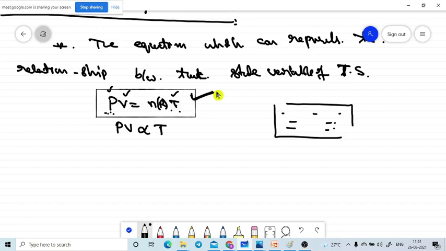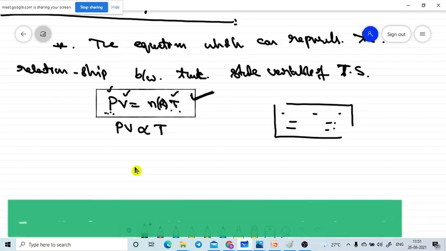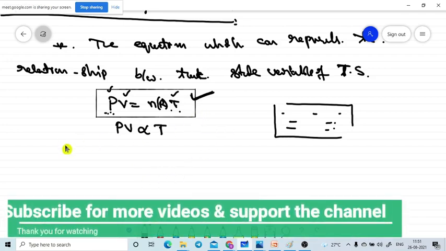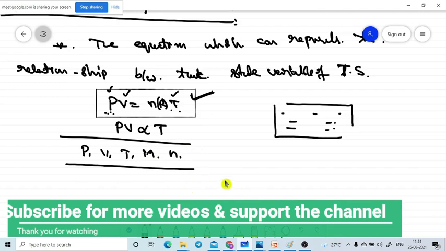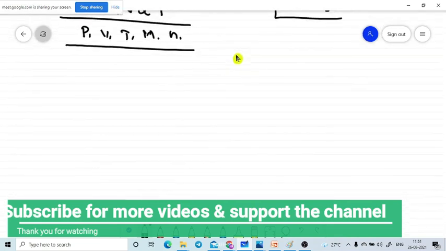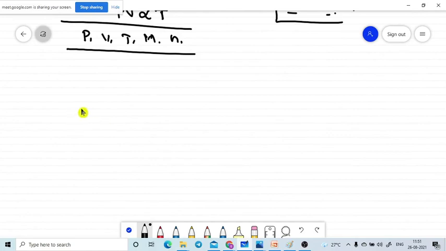One more time I am repeating: state is nothing but the real picture of the system. The real picture of the system means the state tells about the P, V, T, M and N. Let's assume, for your easy understanding, let me take one easy example. See, you are one of the boys. Let's assume you are one of the boys, some Chiranjeevi like that.